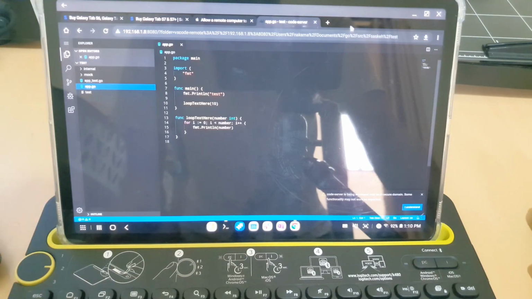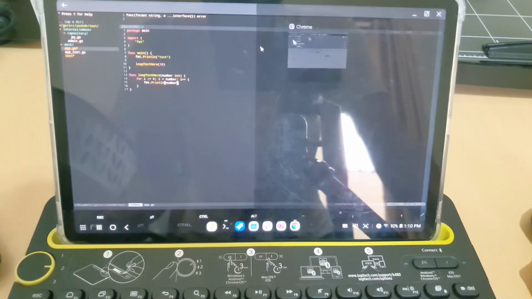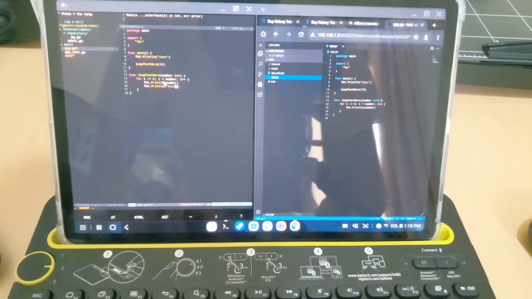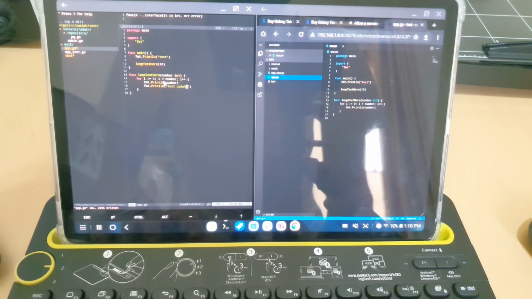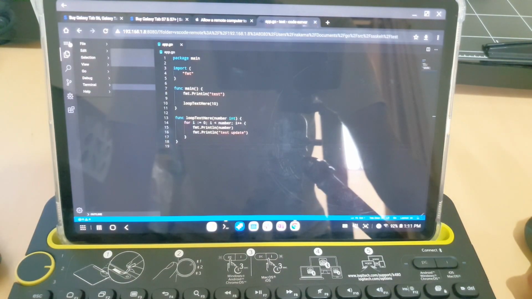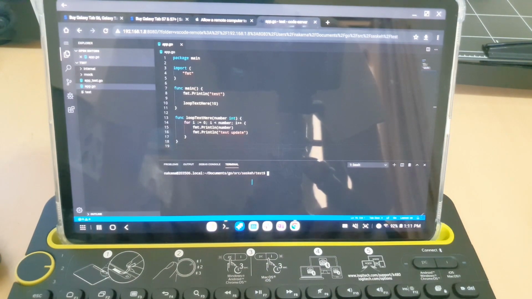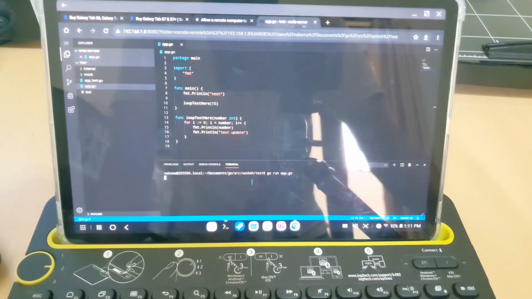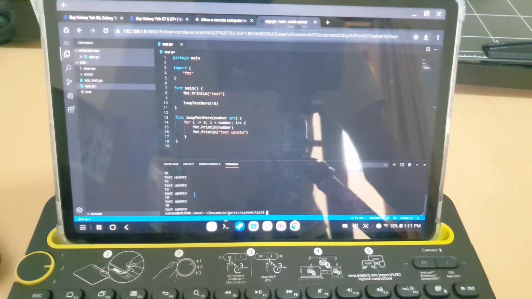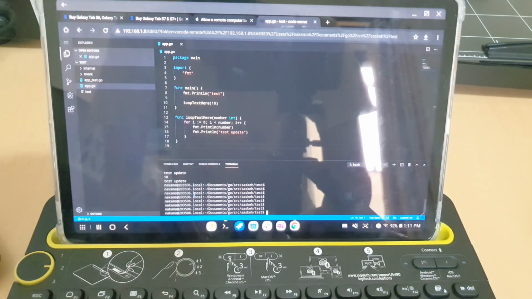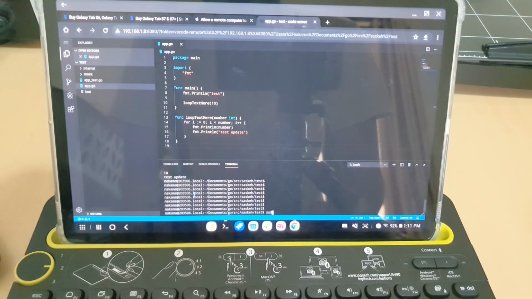Also for IDE, in case you are not familiar with Vim or NeoVim, you can use Code Server. It is an open source version of Visual Studio Code in the cloud. It is a really great IDE if you currently use Visual Studio Code. Even if you currently use Atom, Sublime or another text editor, it will be easier to code on Code Server than Vim. I'll share the GitHub link in the description so you can jump in and try it.